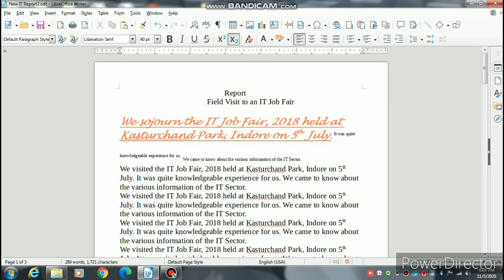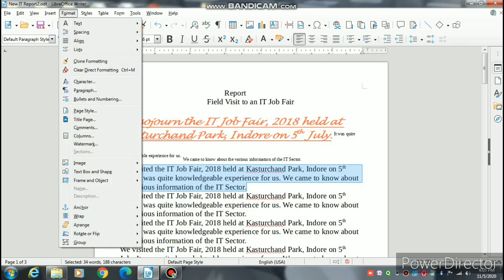Children, you can change the text case also by using the Format menu. I told you, if you want to select a paragraph, you have to press the mouse button 4 times. Now this whole paragraph gets selected.